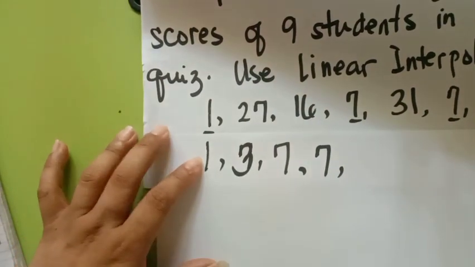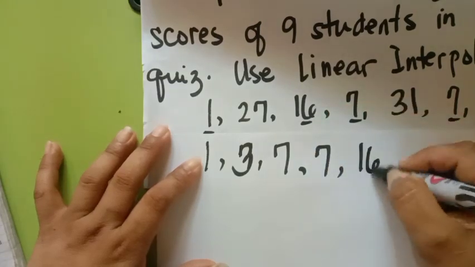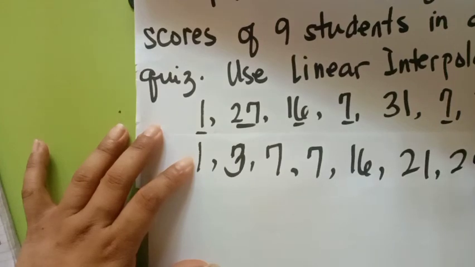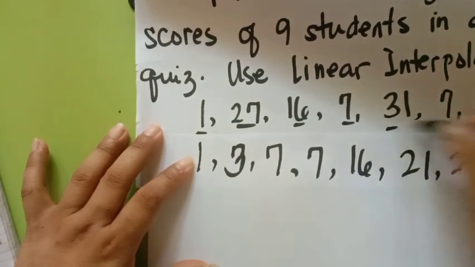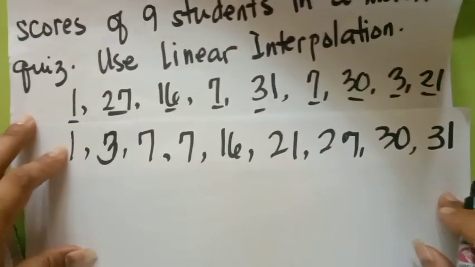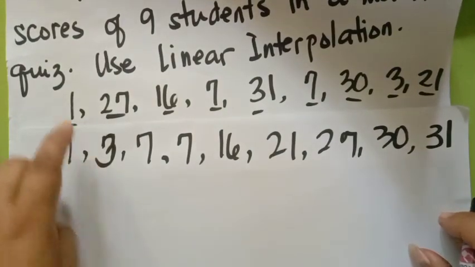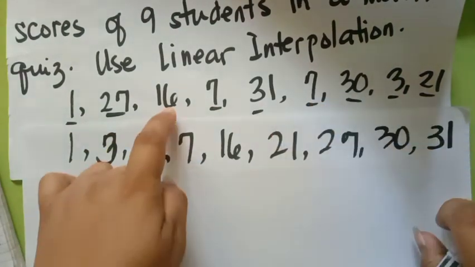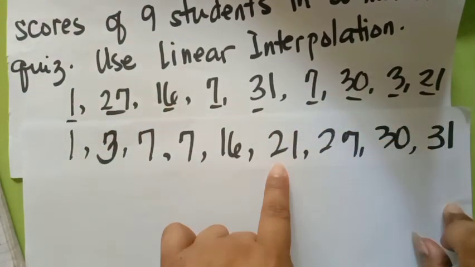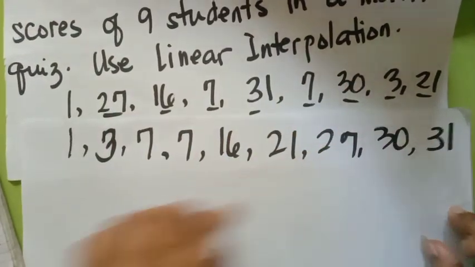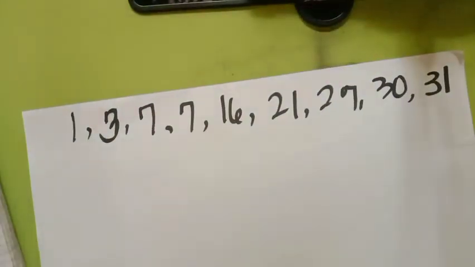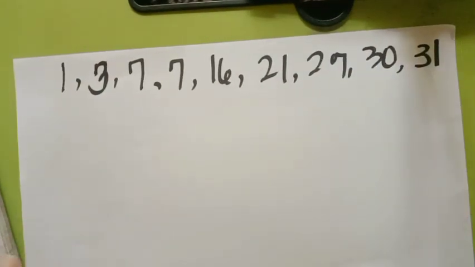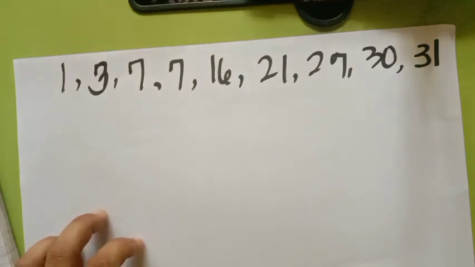Then we have 16, 21, 27, 30, and 31. After arranging your scores from lowest to highest, or ascending order, ang next step natin is to